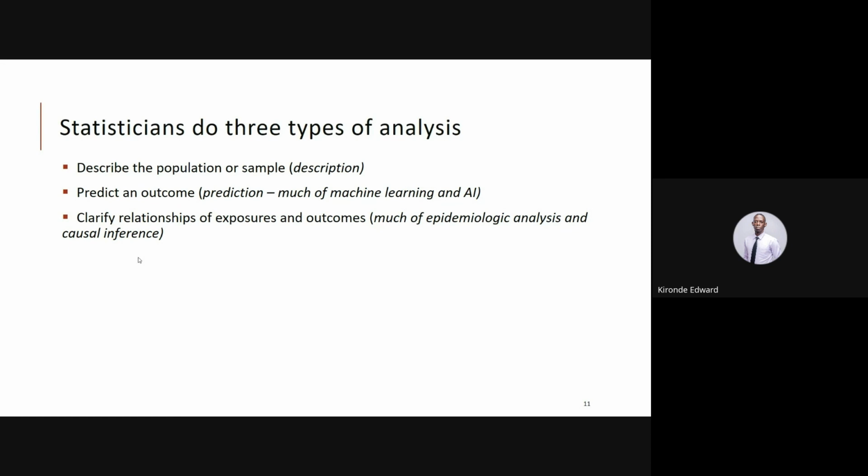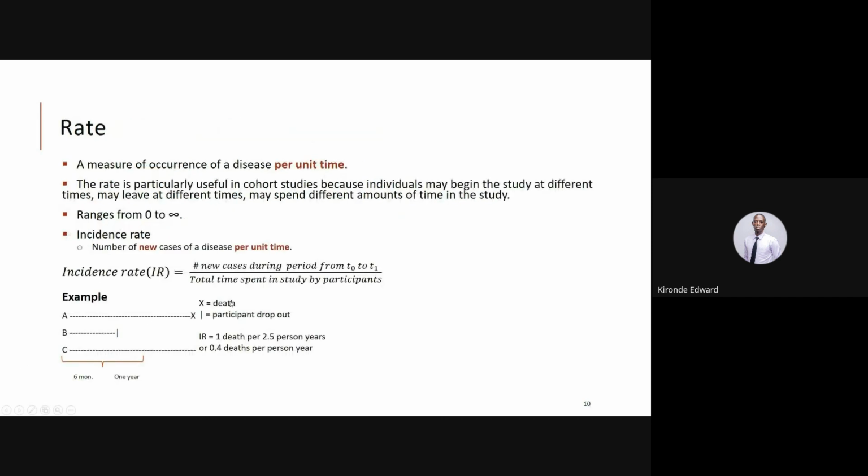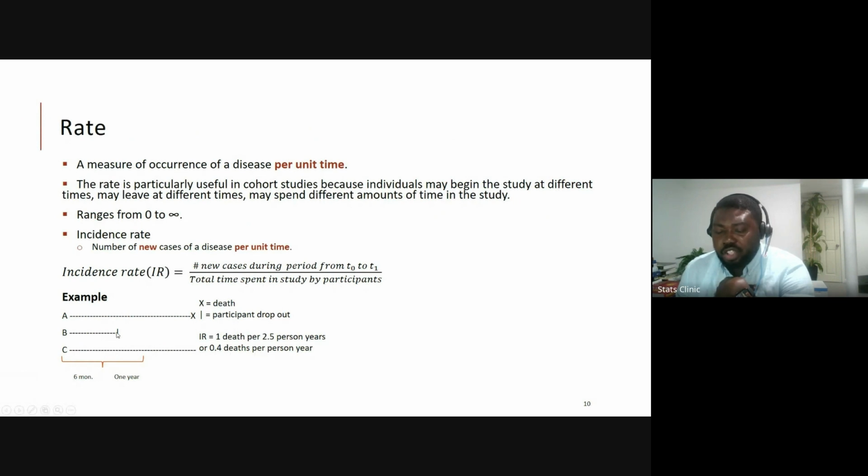Yes, thank you so much. It's more of a clarity I'm requesting. We had somewhere where we had 2.5 people, let's say, per year. So in case someone falls out, not halfway, do I still count them as 2.5, or as a 0.5 something, as long as they were part of the study at first? Yes, exactly this slide. It depends on where they dropped out. If a person dropped out in the first month, we'll count that month for that person. So it's not as if because they dropped out, we'll count them as half.